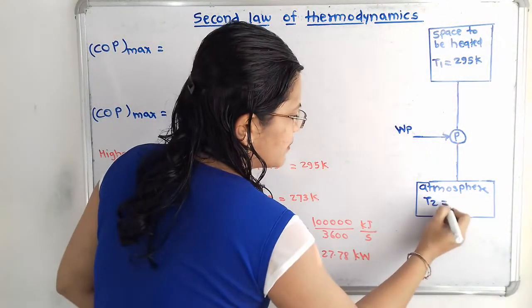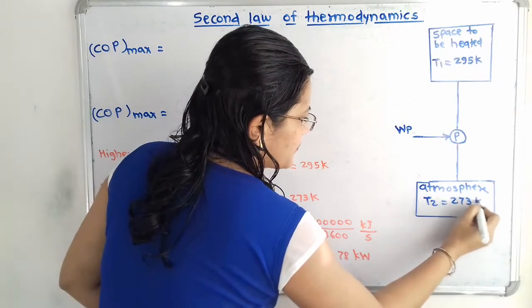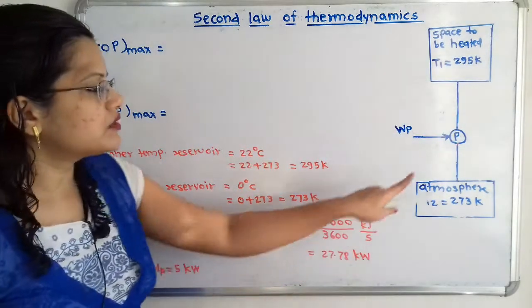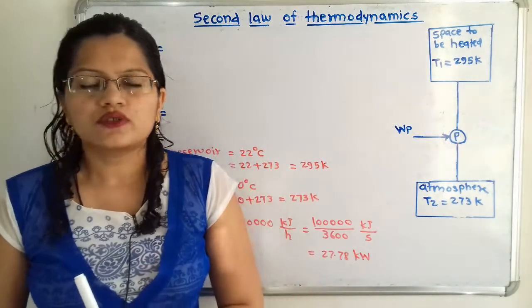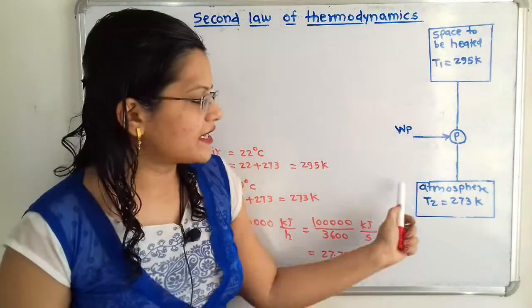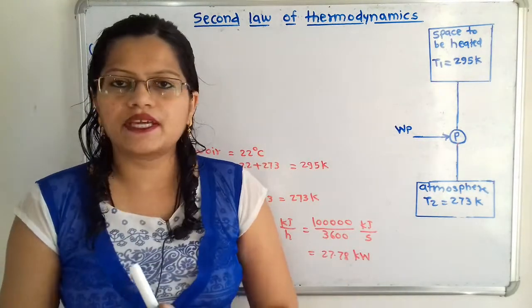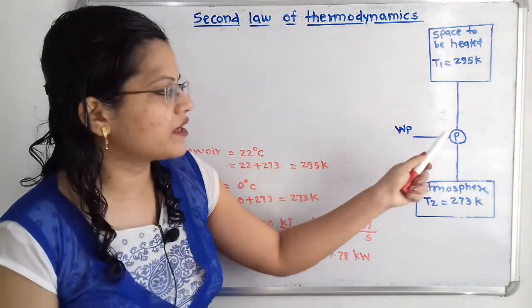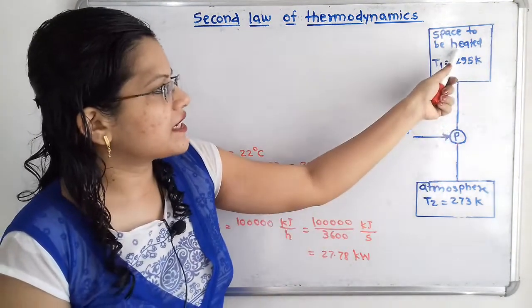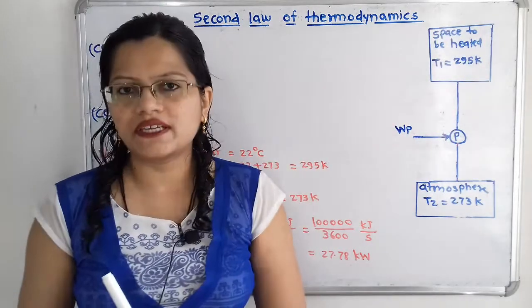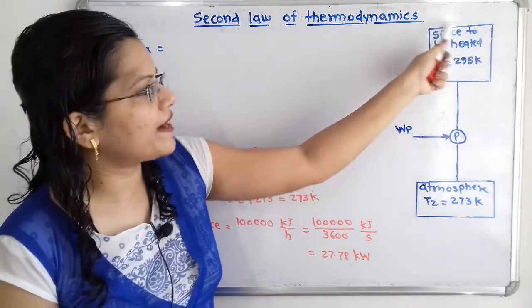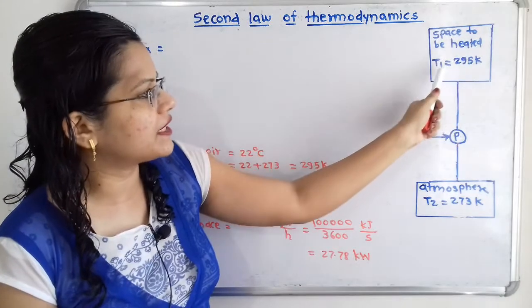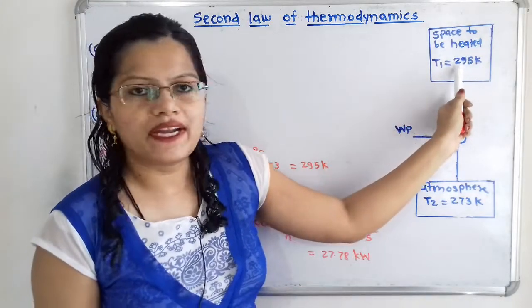So T2 is equal to 273 Kelvin. Now how does this heat pump work? Some heat is extracted from the lower temperature reservoir, that is the atmosphere, with the help of the work input, and it is rejected to the space to be heated. This heat is provided to the space to be heated, and we have to maintain this space